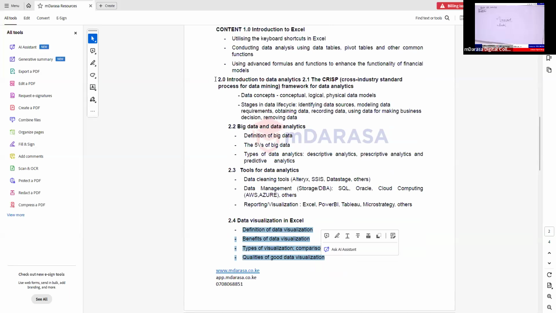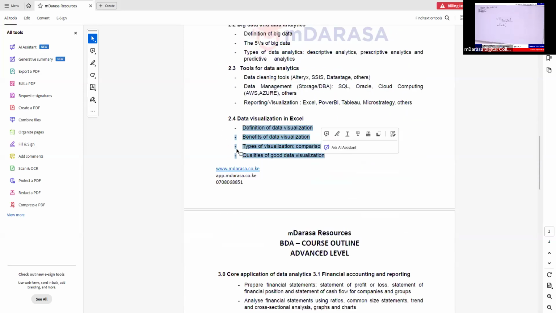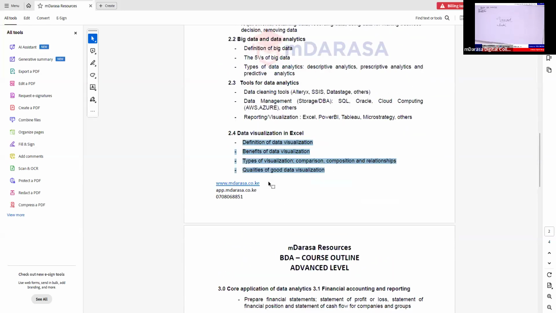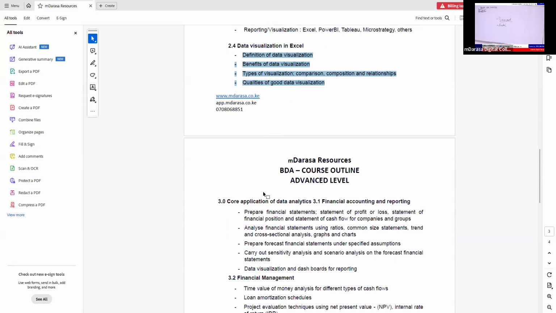But 90% of this area, topic number 2, will form a larger part of the theory component. And for the purpose of our exams, if you are talking of the theory part, this is where it will have a very huge chunk. So it is important that we understand topic number 2 very clearly. Looking at that, now we are going to jump into the main areas, which will form the basis of business data analytics at this level.